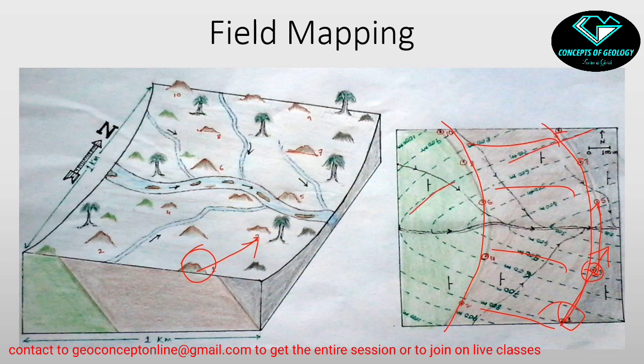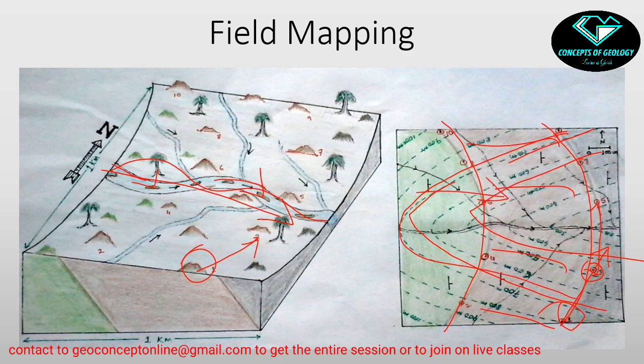On the map there are some contour lines drawn. Okay. Here see, a river is flowing through the field, from this direction towards this direction. So the slope of the river valley is in this direction. The contour lines are drawn in the map and they also show the slope is towards this direction. The river is drawn here. A lot of tributary rivers are meeting the main river, so they are also drawn on the map. This is a geological map. The north arrow is marked here, the scale is marked here.